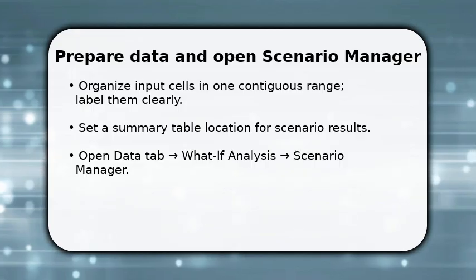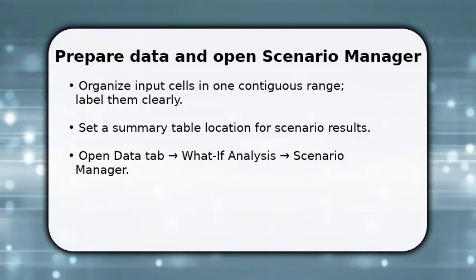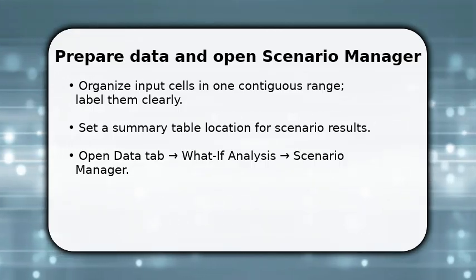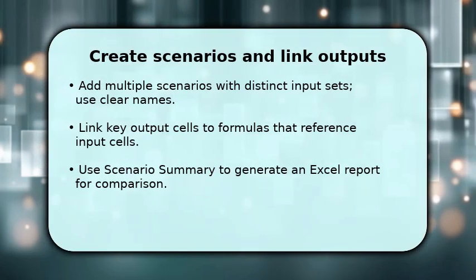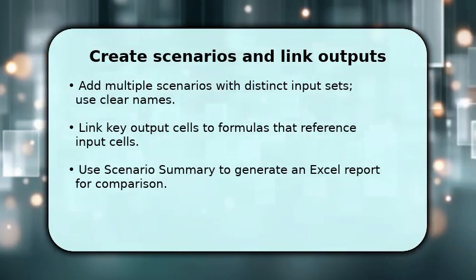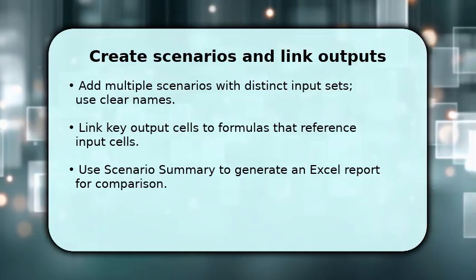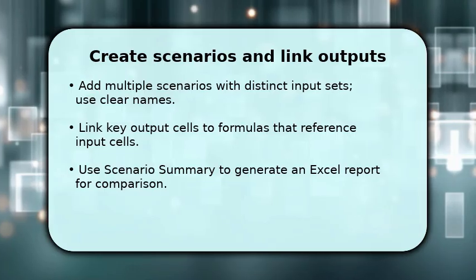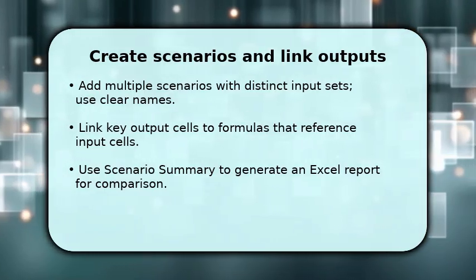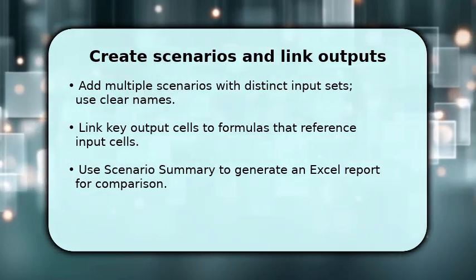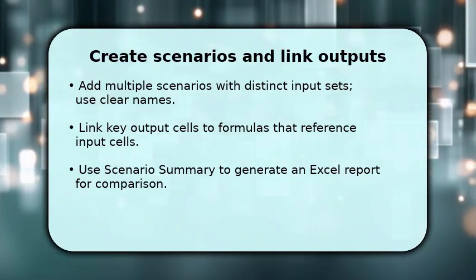Make sure to include a baseline scenario first. It gives you a reference point when comparing outcomes later. Next, create each alternative by clicking Add repeatedly and providing different value combinations for the same changing cells. Descriptive names save time. Meanwhile, ensure your outcome cells use formulas that depend on those input cells so results update